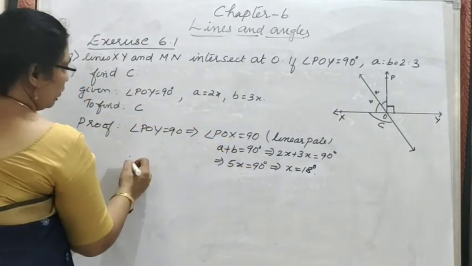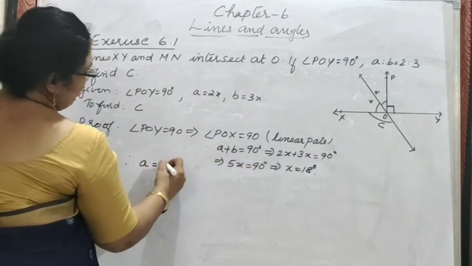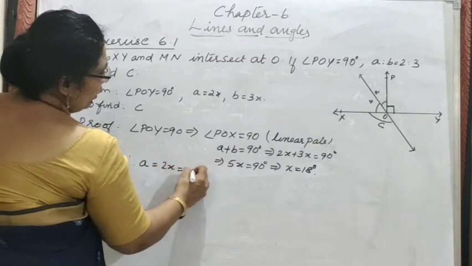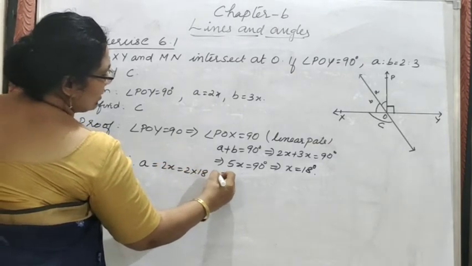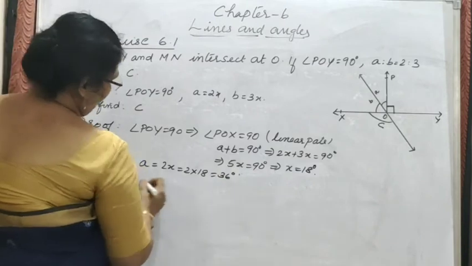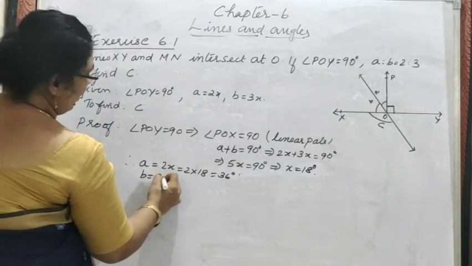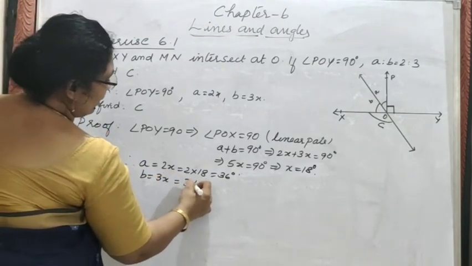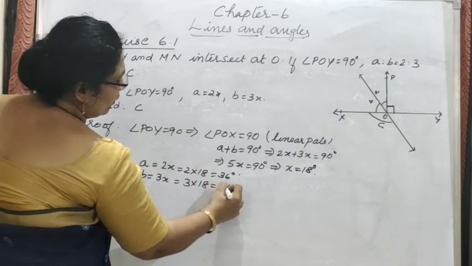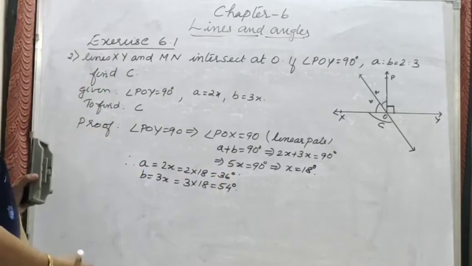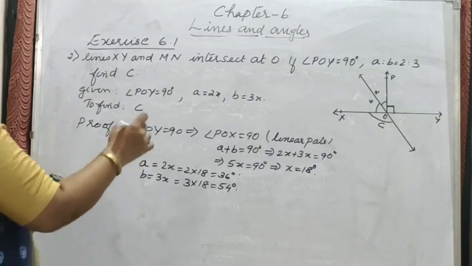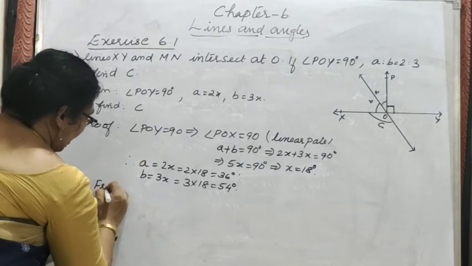Therefore, A equal to 2x equal to 2 into 18 equal to 36 degree. And B equal to 3x equal to 3 into 18 equal to 54 degree. Now the question is asked for C only. So from the figure you can write that